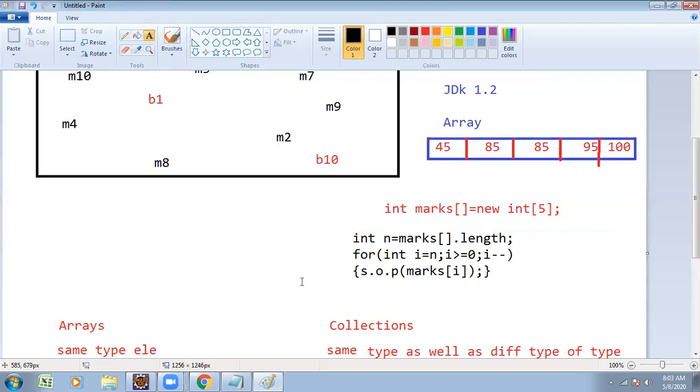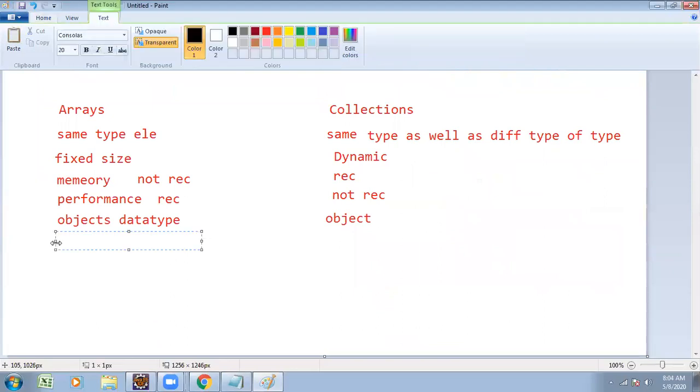But while we are working with collections, no need to write any code. What we have to do is just use the built-in methods. Collections contain n number of built-in methods. You have to utilize those. So working with arrays, if you wanted to perform reverse of an array, sorting elements of an array, searching an array, whatever functionality you wanted to do, it is done by programmer-written code.